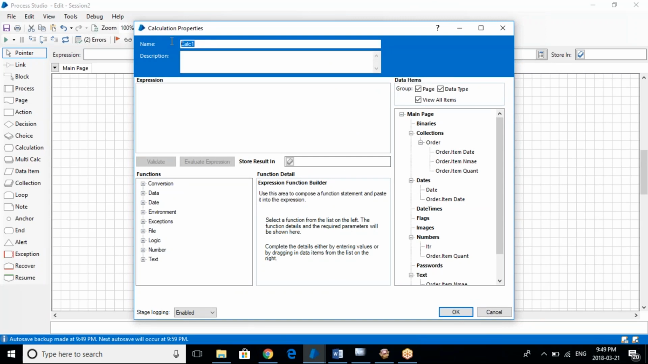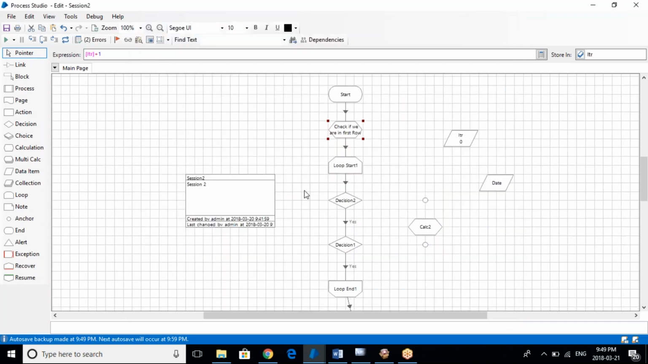All right, so what we can do is check if we are in the first row. How can we check? Basically, just take this and give it to this iteration. So if this value is 1, what we can do is go and link